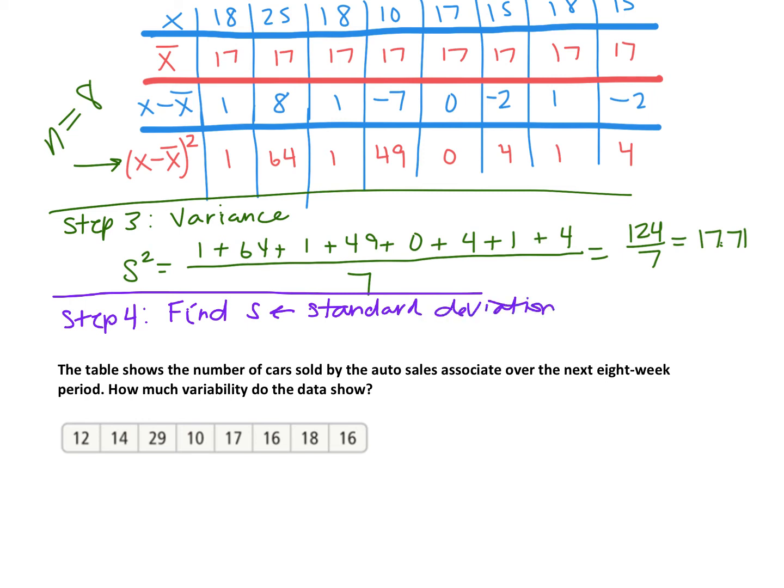Well, up above, we found the variance. Variance is S squared is equal to 17.71. So to find S, all that we do is we square root the variance. So we're going to take the square root of 17.71, and that's going to give us